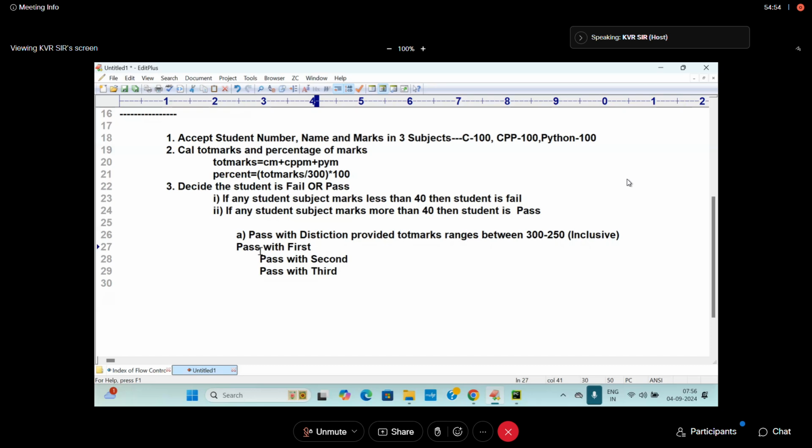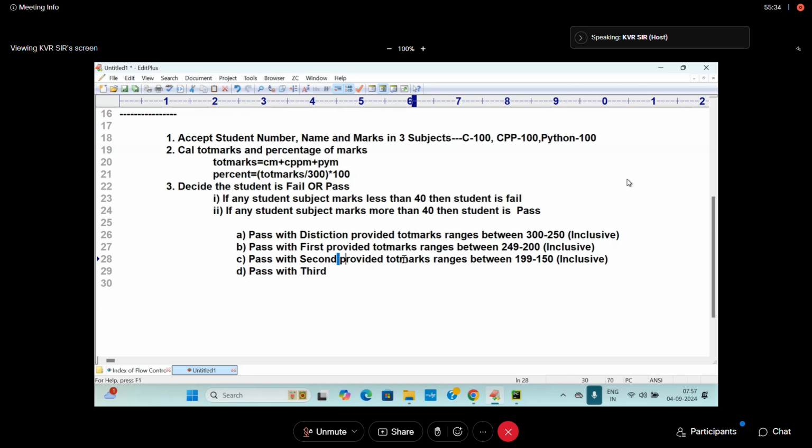Student is pass in first division, provided student marks range between 249 and 200 inclusive. Next, the third one: provided student marks range within 199 to 150 inclusive. Student is pass with third class, provided student marks range within